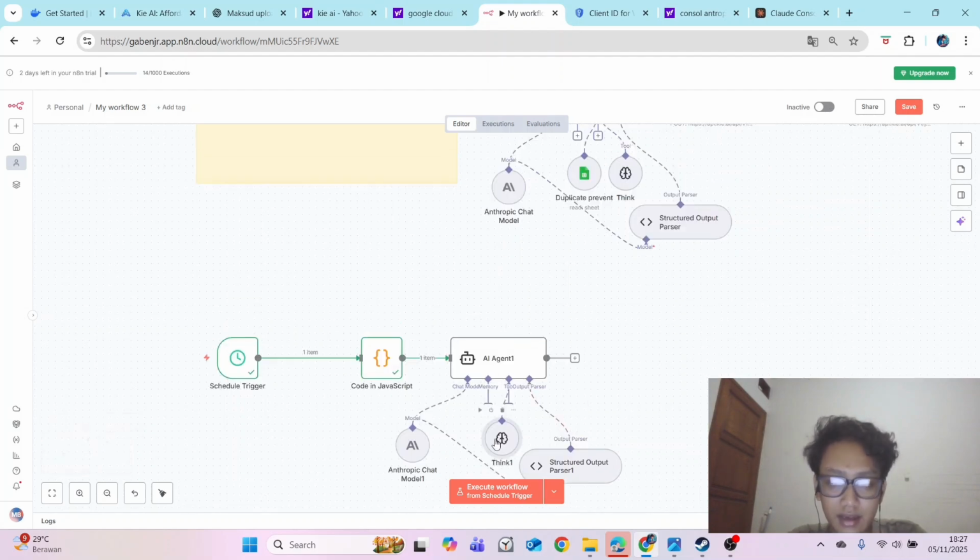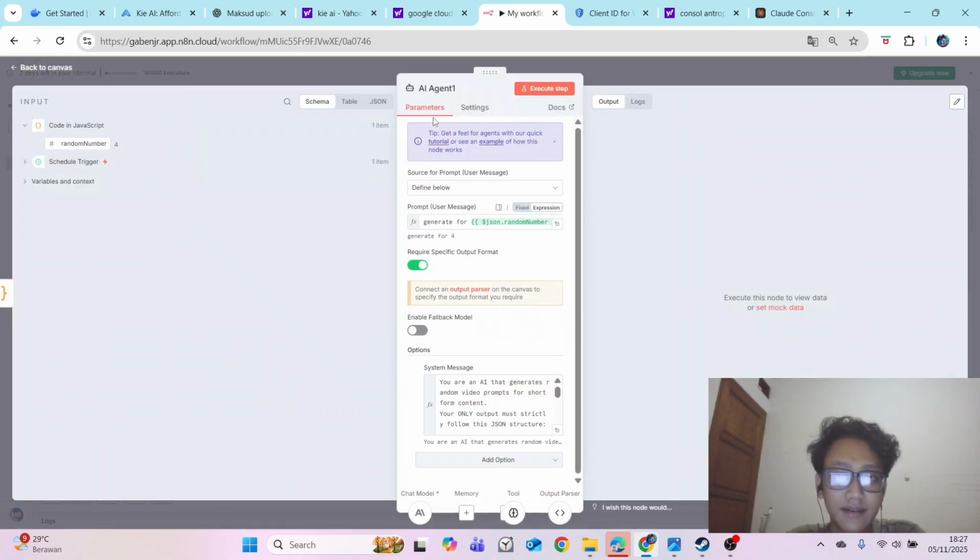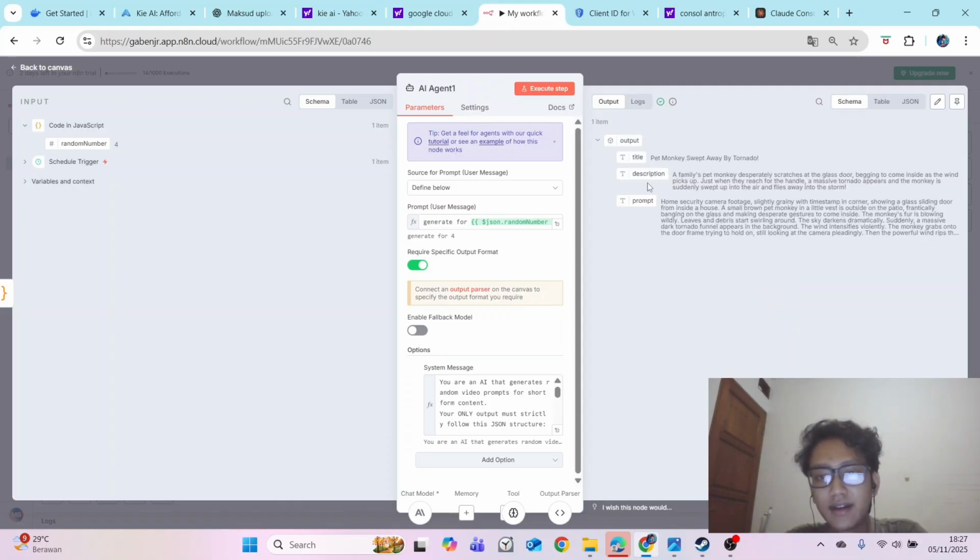So we execute this AI agent. Okay, so we will execute this step. Executing node, and we will wait for the result, what we get from the AI. So here we get the output: the title, pet monkey swept away by a tornado, description, a family.